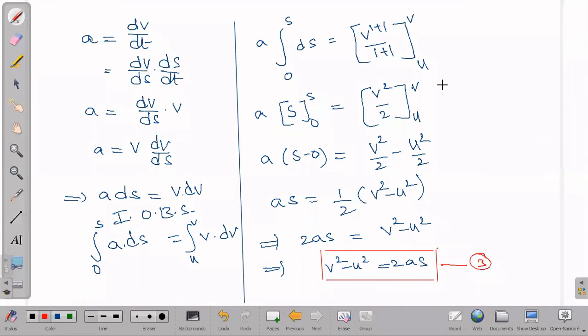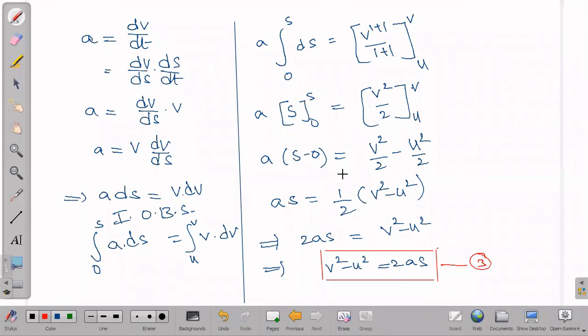We can see one problem on this also in the integration and differentiation method. In an exam, if they ask to deduce an expression for equations of motion in terms of the graphical method, you have to go with the graphical method only. If they ask in terms of the calculus method, you have to follow this method only. If they don't ask for any specific method, if they ask you to derive the equations of motion, you can go with any one method. If they ask specifically, you have to go with the specific method only, right?